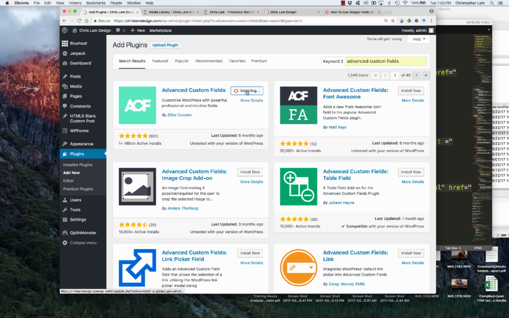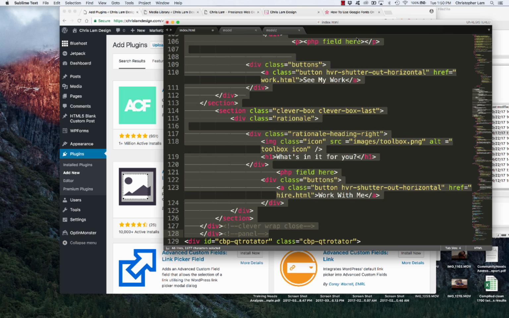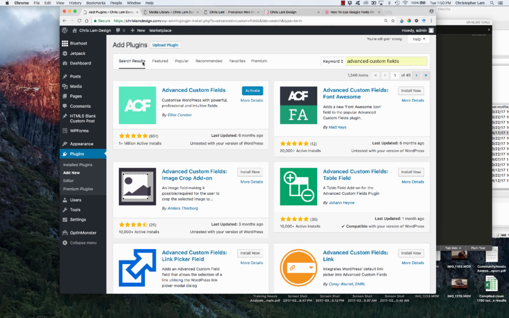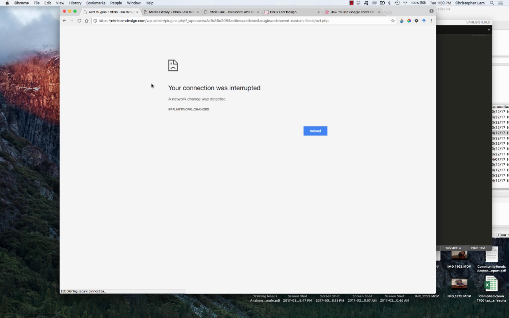And Advanced Custom Fields is pretty awesome because it allows you to create any field. So let's go back to our model again. It allows you to create any field in our database, our SQL database, and gives you corresponding PHP code that you can put into your PHP templates. So what we're going to do is activate Advanced Custom Fields. And it is awfully slow right now, so